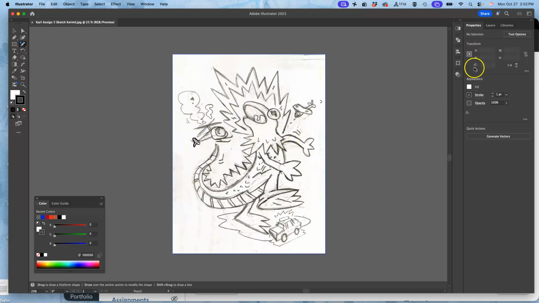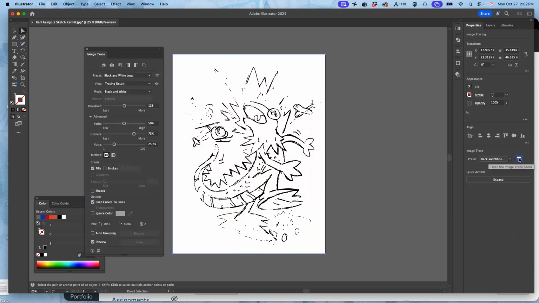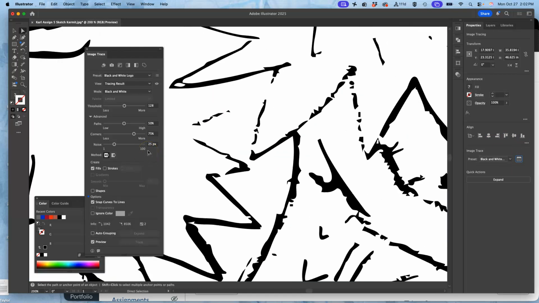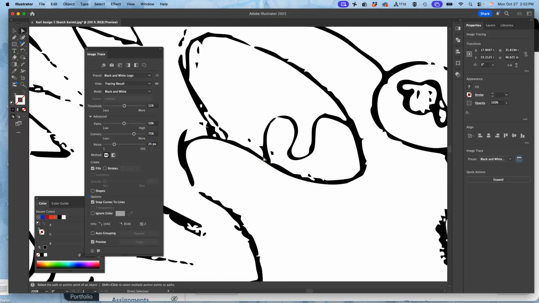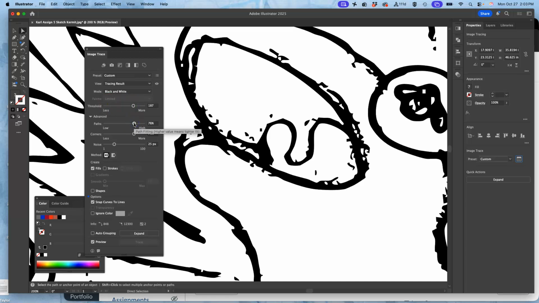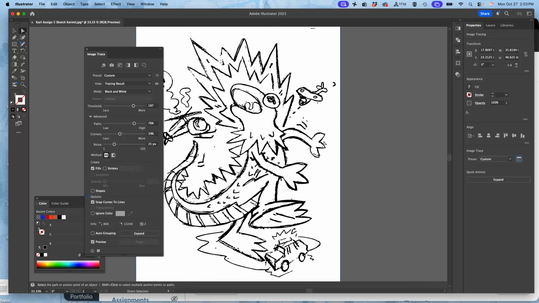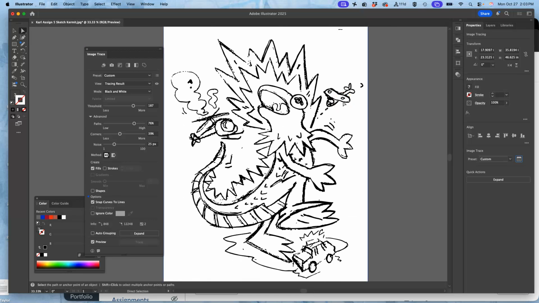What would happen if I tried to trace this as a vector? I guess I should probably show you. Because wouldn't it be nice if we could just turn our pencil sketch into our vector without ever having to ink? But if I do image trace and then black and white logo, and then do the advanced options, because pencil is a powder, right? This is kind of what it's going to look like. Even if I spend a lot of time working with these to try to get it cleaner, there would be so much I'd have to go in and clean up, unless I really like that kind of jaggedy look. So instead of that,